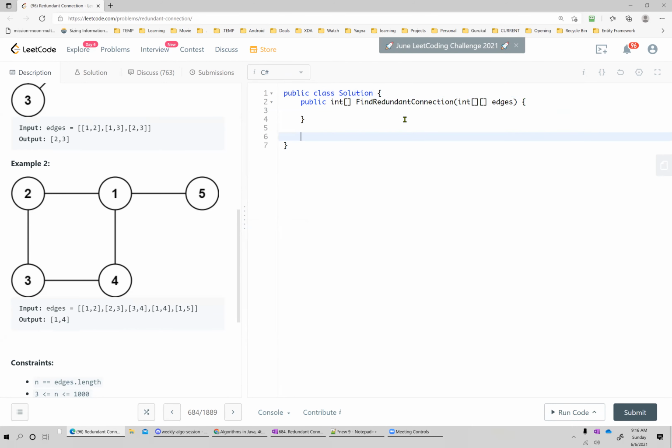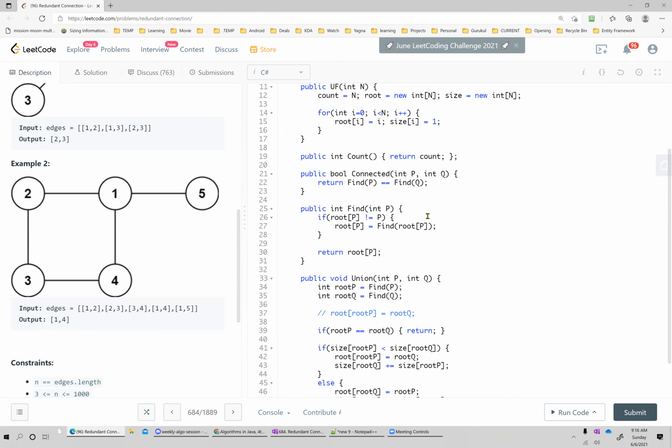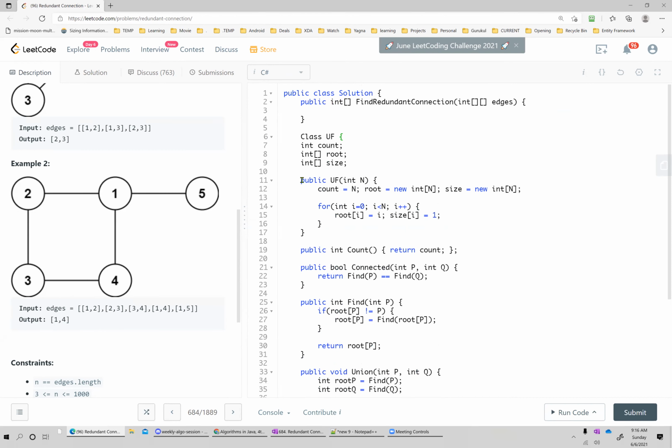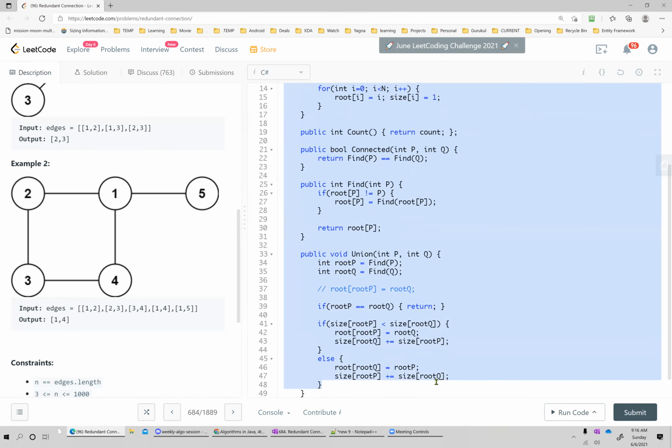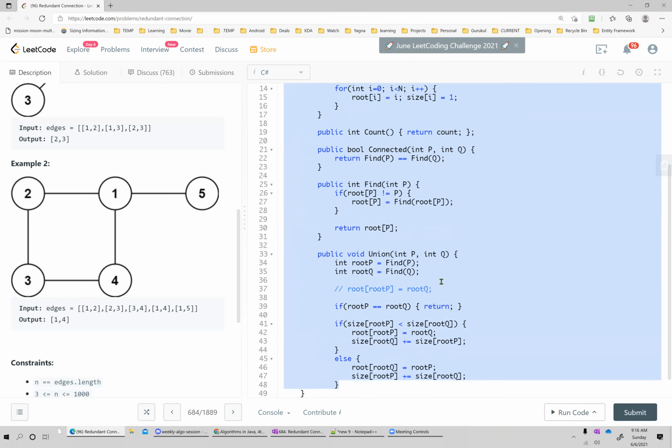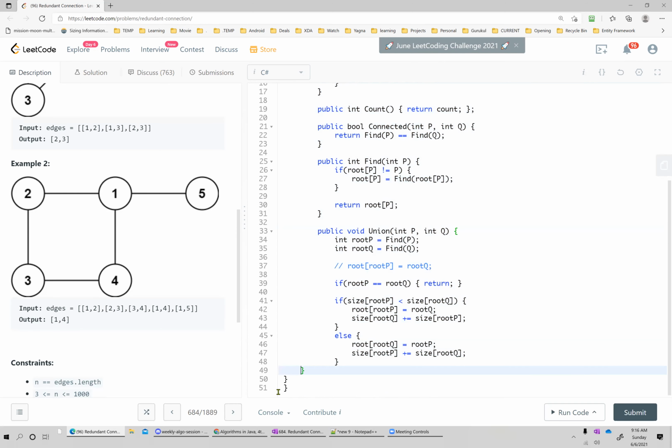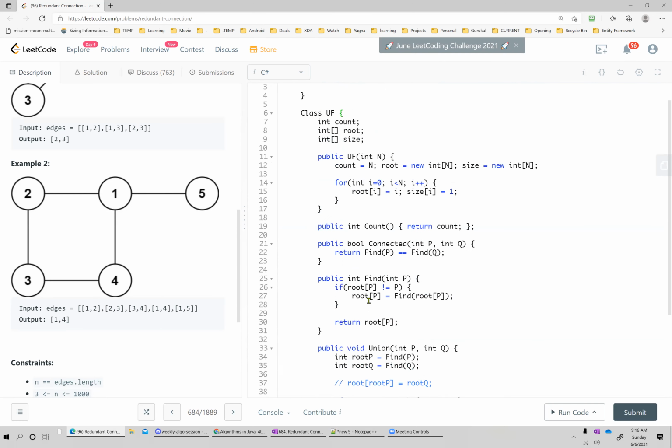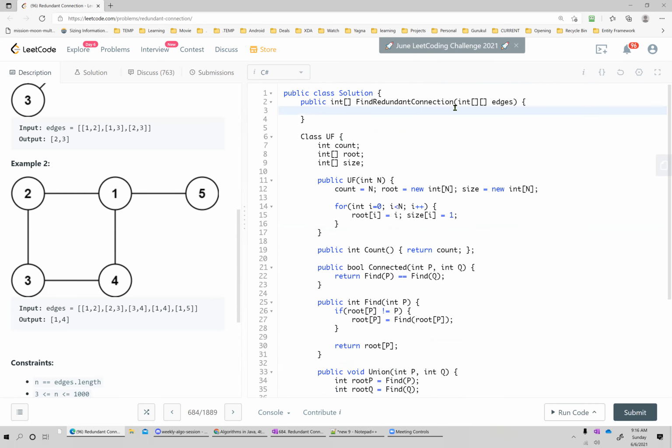So I'm just simply pasting this class. Okay. So let's assume that we have a union find class available at our disposal, that we can simply utilize. So we can start with the empty graph and one by one consider the edges. If we are using union find, initially there are no edges in our graph.